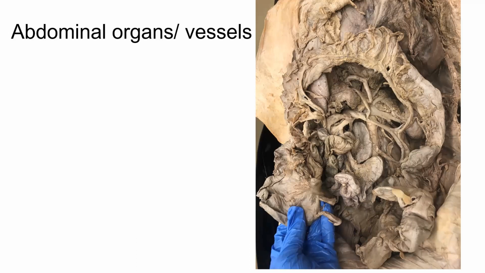So here's the large intestine sort of encircling here. We've kind of spread it out here. And the small intestine is sort of enveloped inside here. And the main difference between small intestine and large intestine is going to be the size, right? The width of the tube here is smaller than the width of this tube here. Another main difference is the fat. The large intestine is enveloped with all of these appendages. These are called epiploic appendices, which are basically just fatty connections that are on the surface of the large intestine,